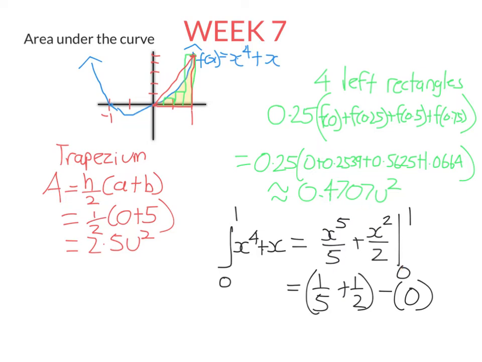So a half plus a fifth is just 0.7. So the exact area in yellow is actually 0.7. You can see in this case, the rectangles did a much better job than the trapezium, but that's not always